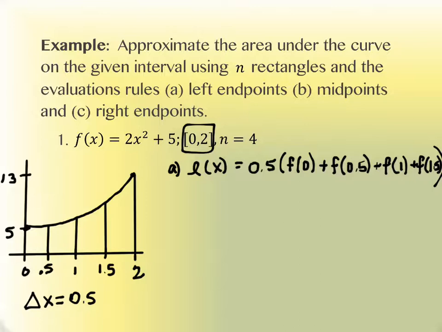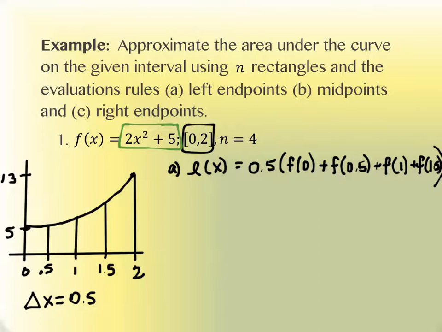Now, we can enter these by hand. This is not a terribly complicated equation, agreed? It really isn't. But you also have wonderful table features if it were complicated. So let's practice that just to remind yourself how that works. If you grab your calculator, you put the original equation, 2x squared plus 5, into y1 in